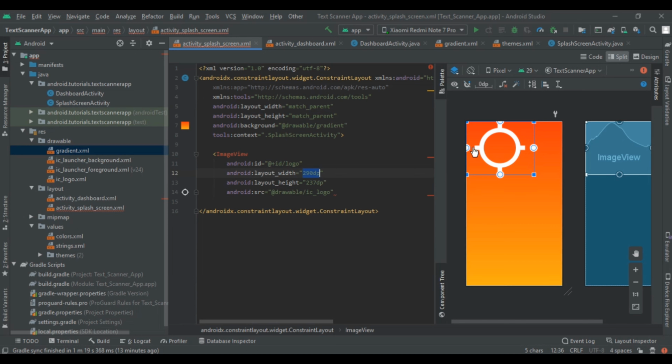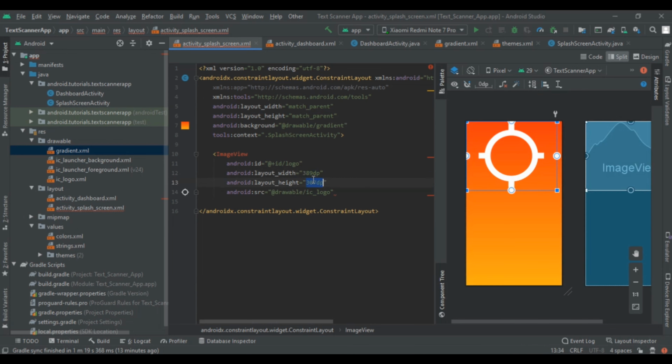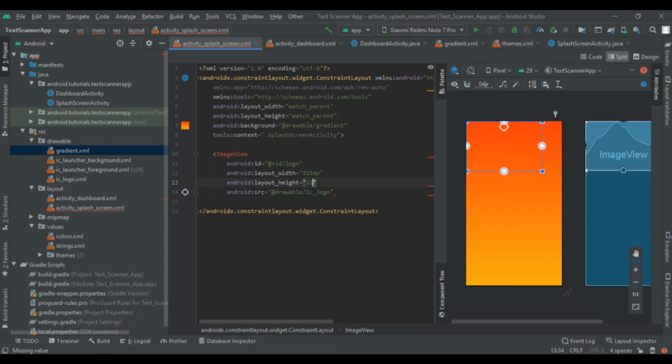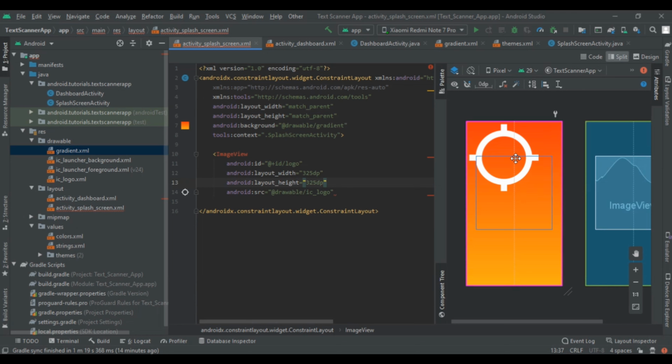You can see that it becomes this large without stretching. Now let's give it a fixed size of 325 dp and height also 325 dp. Here we have given the fixed size, and now give its constraints.